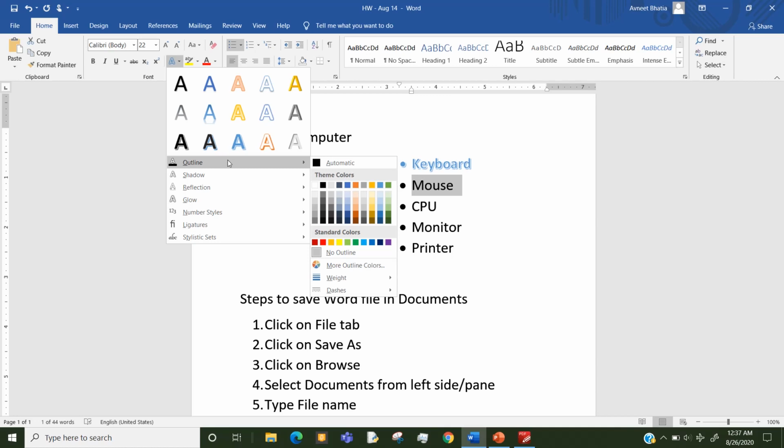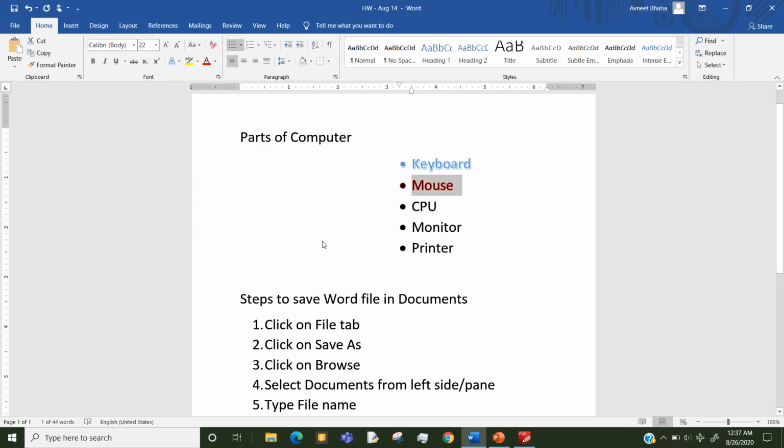Keep mouse pointer on this outline, a color pop-up will open. You can keep the cursor and see how the color applies and select the color. I'm applying this red color.